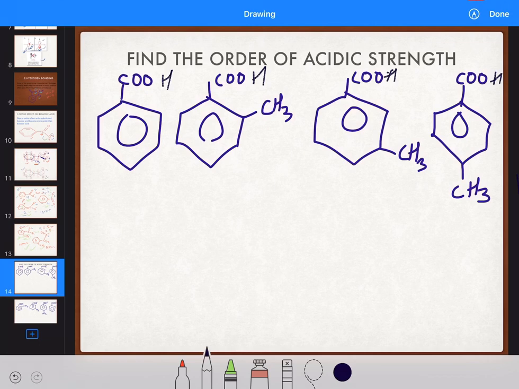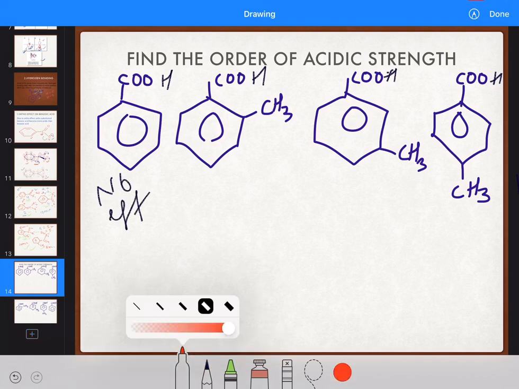Now, there are two ways to solve. One, we apply all the effects simultaneously, or we apply them in a sequence. So, we will apply all the effects in two sessions. First, we will apply all the basic effects we learned before the ortho effect. Then we will use ortho effect. Correct? Now, if I see these molecules, the first has no effect.